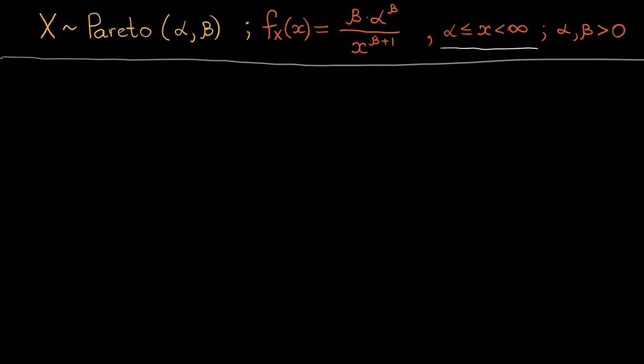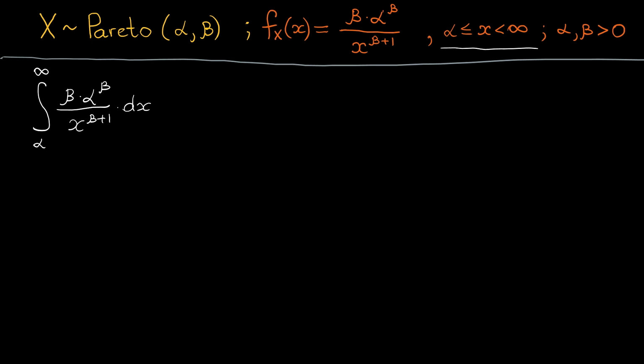And it'll be of great interest to us in this exercise here. So, okay, well, let's do the usual. Given a PDF, we should be able to verify that it actually integrates to 1 over the support. So the support here goes from alpha to infinity, and the PDF is beta times alpha to the power of beta over x to the power of beta plus 1